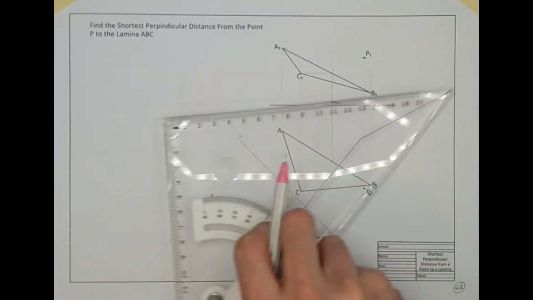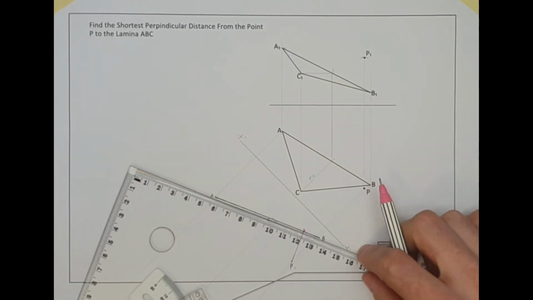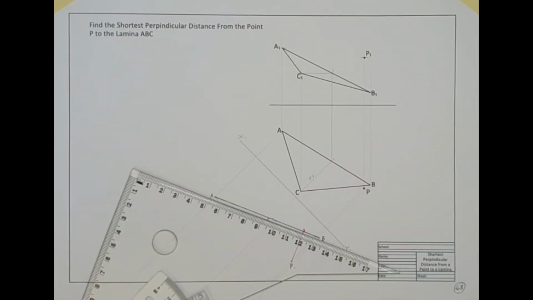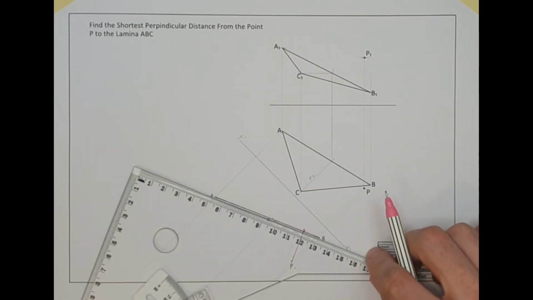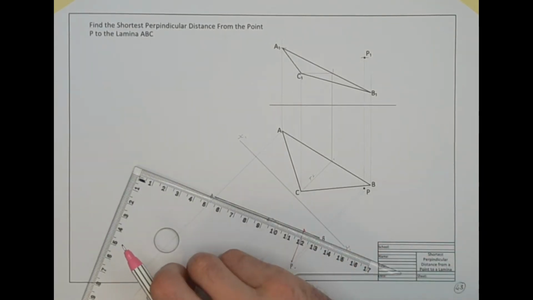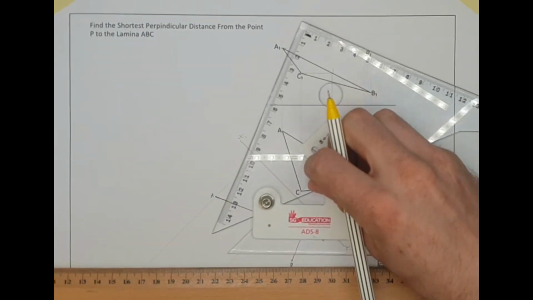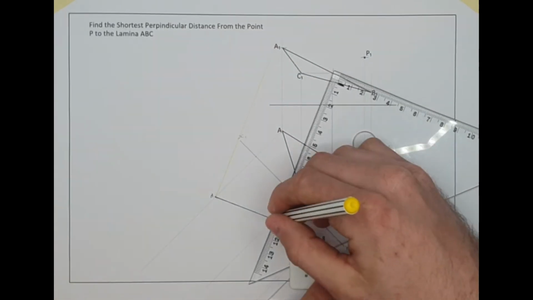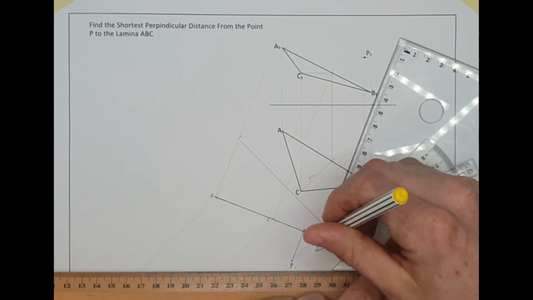I might just do all this in a different colour so that hopefully when it does overlap the other drawings it won't look too confusing. I'll take that edge view of the surface right here, the line ACB, and set that on my adjustable. I'm going to go with yellow here. I'll take A, project it up, C, project it up, B,